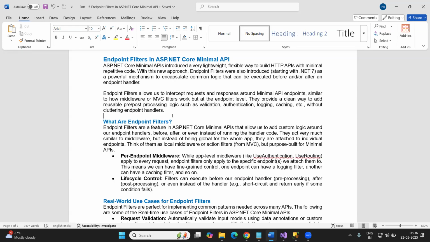I want to log the request and the response time to measure how much time that endpoint filter took to complete the execution. I want to short circuit the request if the response is already available in the caching. So if you want to apply this kind of functionality to your minimal API, then you have only one option,